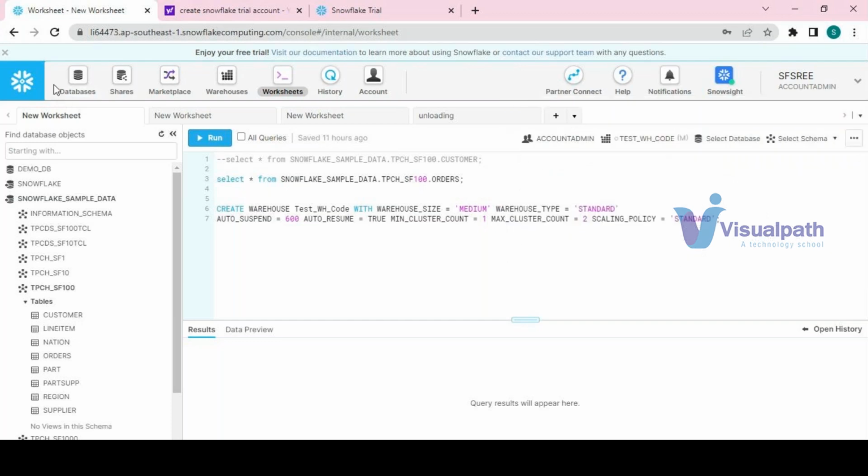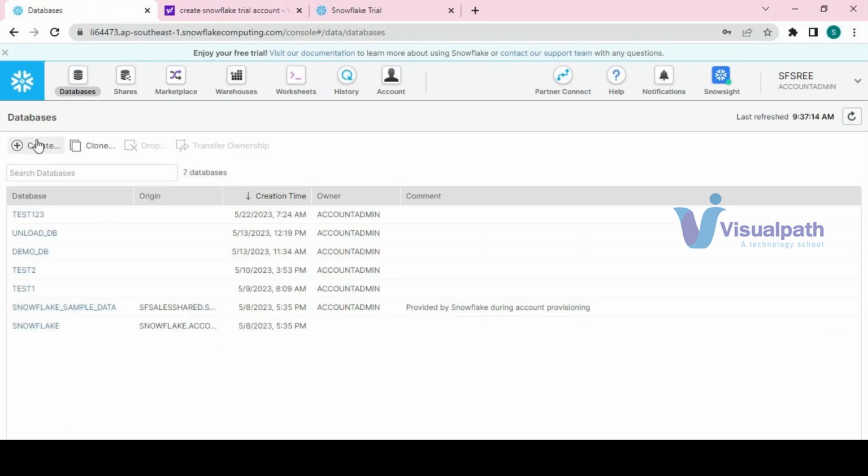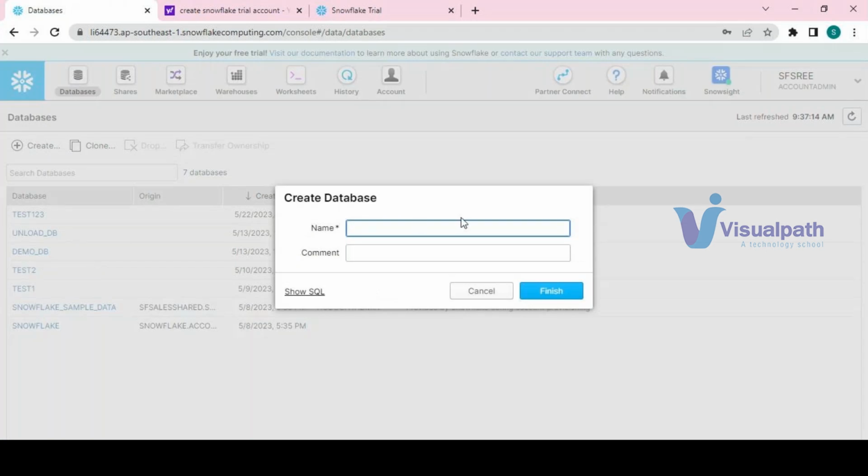Now we have the different features here. In the databases component, we can create databases, and see here, these are the databases. We can even create a database using this UI also. But in real time, we are not creating it this way, we create programmatically only. I will show you how to create programmatically, but for practice purposes, we can create through the UI. In real time, through scripts only, we create the databases, tables, views, stages, file formats, everything. Suppose here testdb1, and if you show SQL,